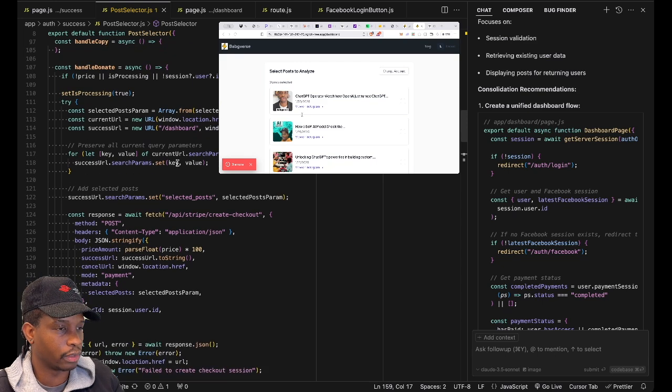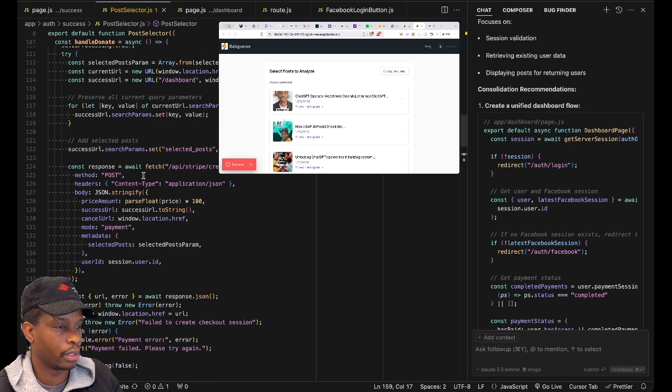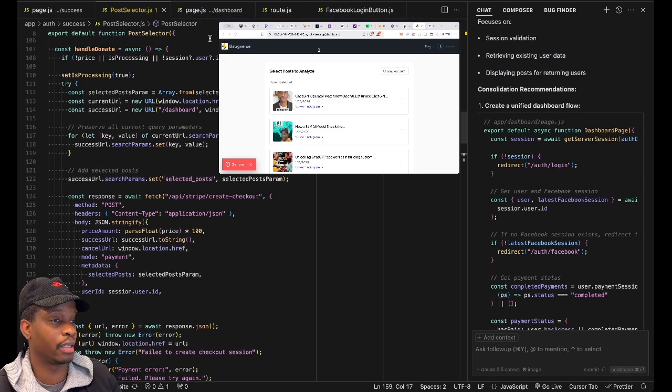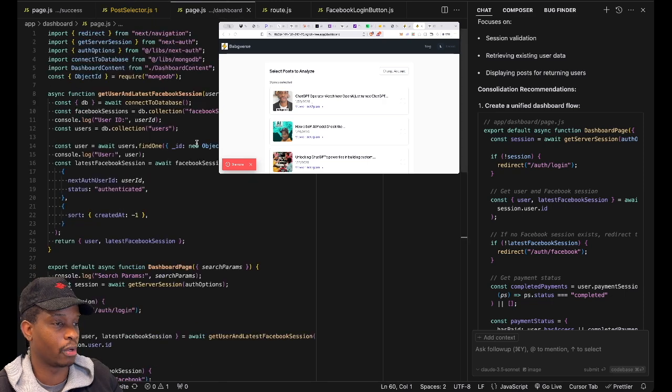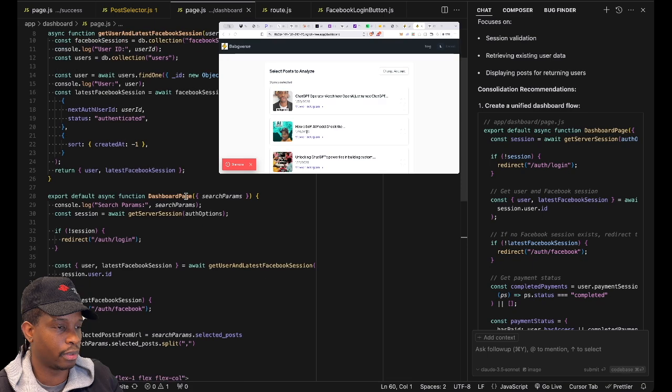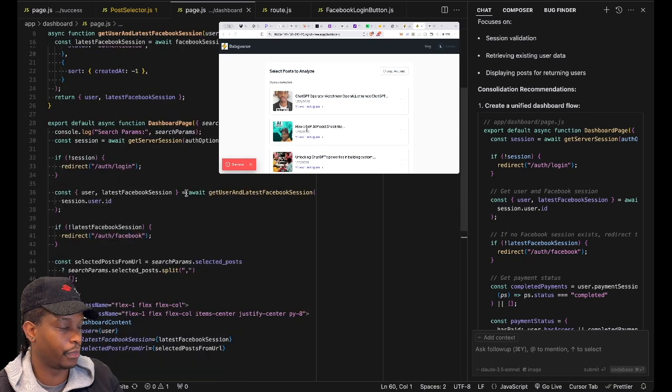So we are appending all the IDs for the selected post, and then we're adding it to the params here. So what should happen is that in dashboard, when we